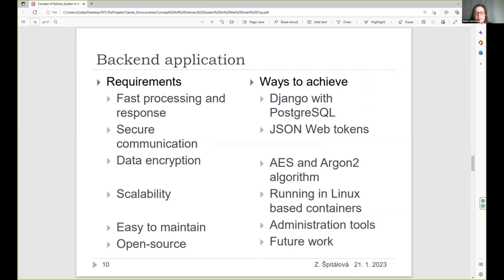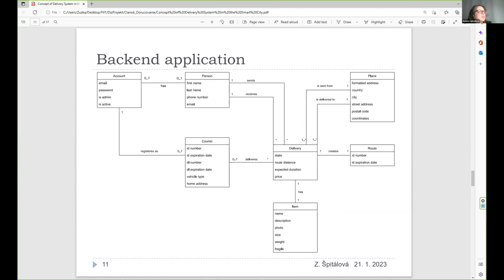This can be achieved by the mentioned container-based running. After that, we have the other requirement, which is easy maintenance. For that, we have our administration tools. And the last requirement is the open source possibility. This is also for the future work which we plan with this system.